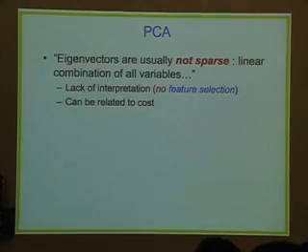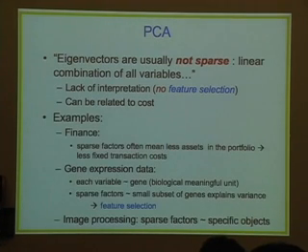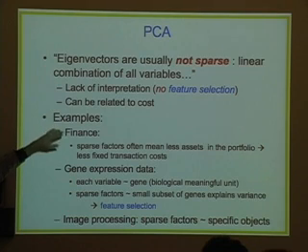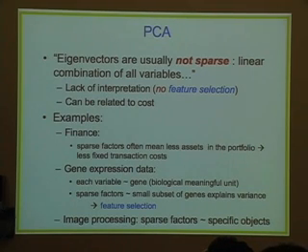In finance, there's also an issue with this, because these vectors very often are related to portfolios that one wants to optimize. So the weights in these xi's that I mentioned just before will be used to determine in which ratio the different assets should be taken into the portfolio. And if all these entries are non-zero, it means that you need all assets in your portfolio to have the optimal portfolio, which means that you have to pay transaction costs for all of them. So it's also not economically very advantageous to have these non-sparse eigenvectors or principal components.